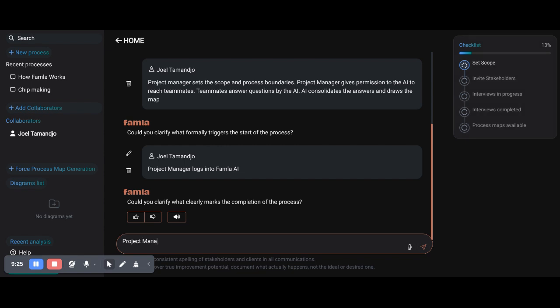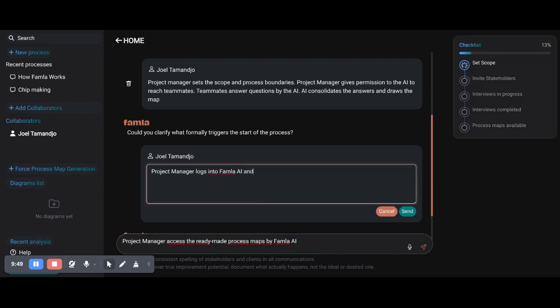So the project manager accesses the ready-made process maps by Famla AI, right? So when the project manager logs into the platform and starts a new project, here I'll say logs into the platform and starts a new discovery journey,